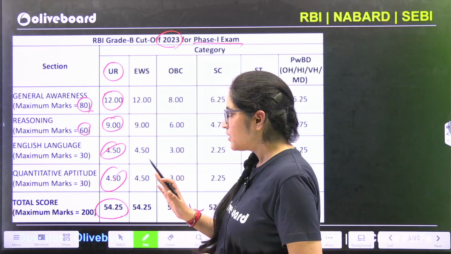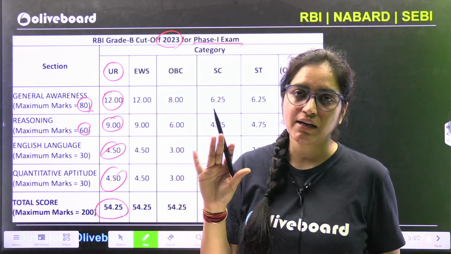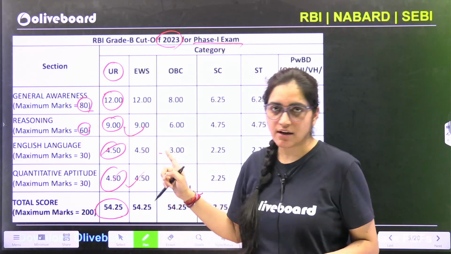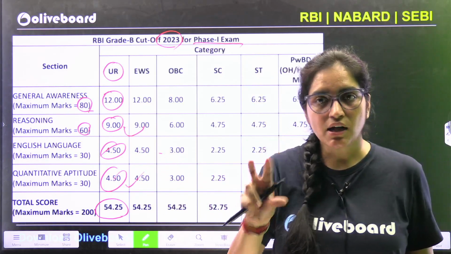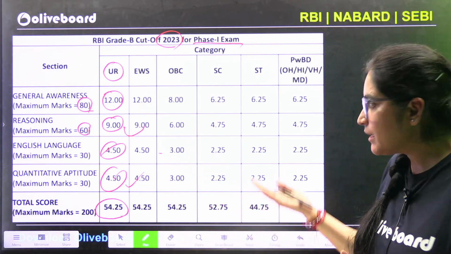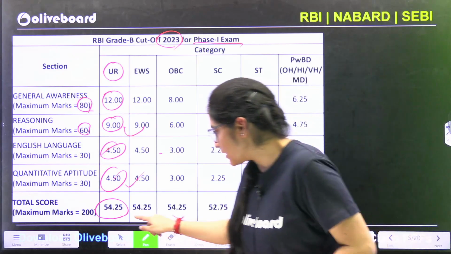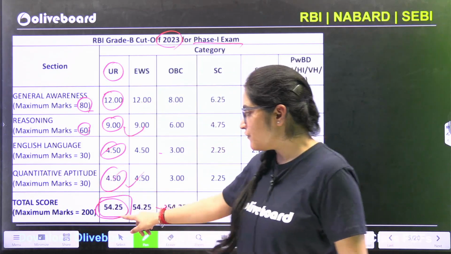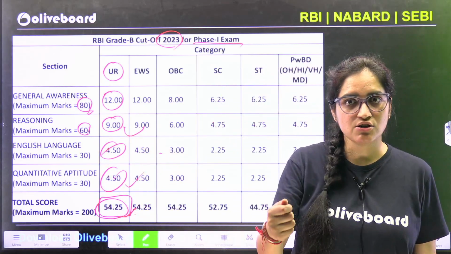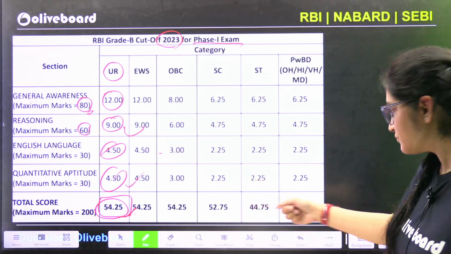That means even if you are not good in quant and reasoning, दिक्कत की बात नहीं है, बस इतना कर लो, क्वांट कर लो और रीजनिंग कर लो, बस थोड़ा बहुत कर लो, इतना कर लो कि क्वालिफाई हो जाए. जो भी लोग डरते हैं क्वांट रीजनिंग से, आरबीआई में इसके मार्क्स जुड़ते नहीं हैं. So phase 1 is just qualifying, बस इतने नंबर लाने हैं. And you know 54 marks you can even get straight away from GA. तो अगर आपका GA सेक्शन स्ट्रॉन्ग है, you will be able to qualify the exam. I hope you can see that.